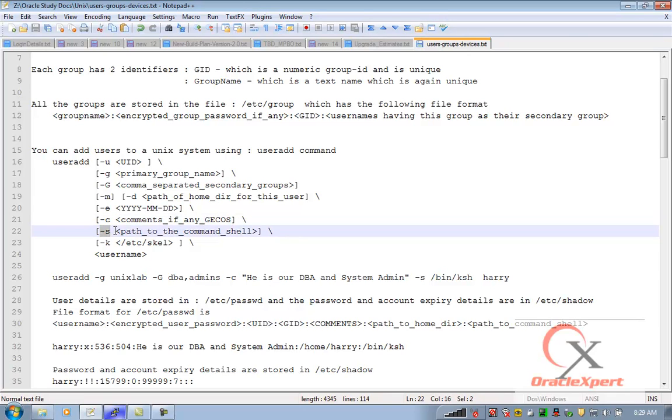-s followed by path to the command shell. So which shell you want to assign to this user? Remember I said during the user creation the default command shell is determined. Typically on most Unix it would be /bin/ksh. But if you want to override it, you can mention any of the other shells that you want. So after this user gets created and he logs in for the first time and subsequent times, the command shell would be the one that you mentioned during the user account creation. So you can mention the complete path of the shell,